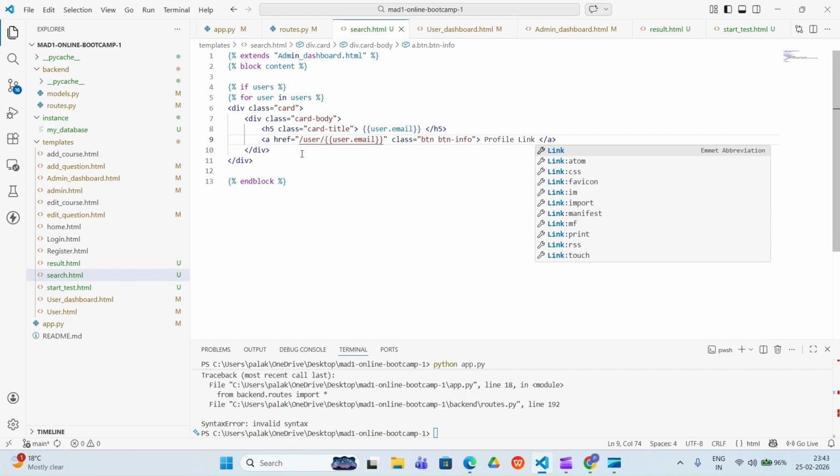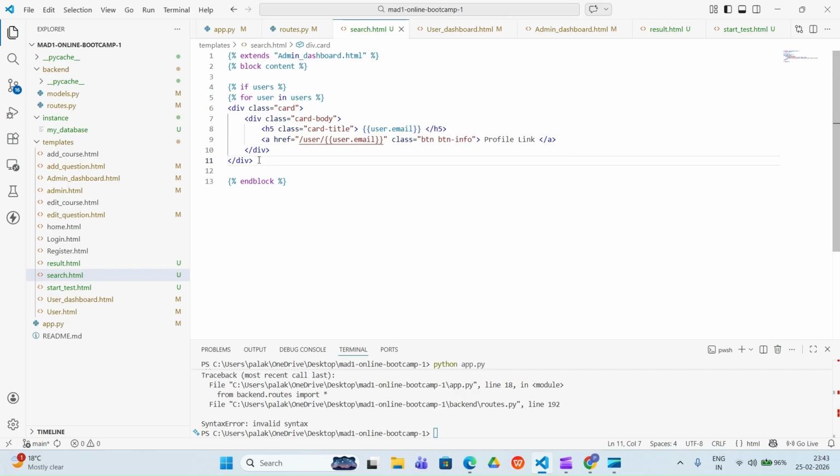And then after, we need to just close this for loop and the if loop. So we'll write here end for, and similarly next here we need to give end if. So we'll write here end if. Okay. And then after, what next we need to give? We'll just come here and we need to give a few parts here. So let me just copy this and paste it here, and then after we'll make the changes we require.